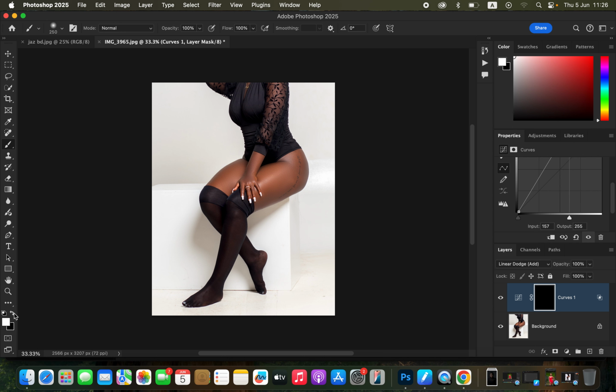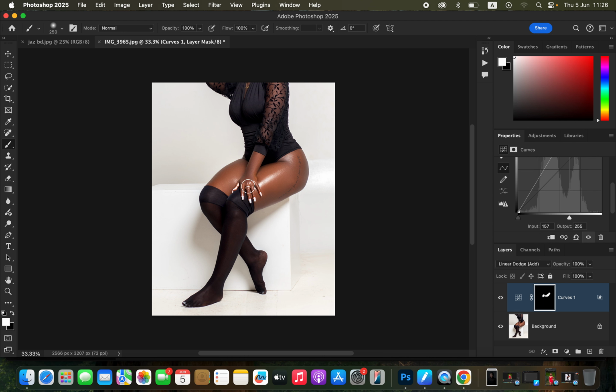Remember in Photoshop, white is going to reveal and black is going to hide. So if we use a foreground color of white, it means the brush is going to be white. By painting using a white brush on a black mask, you're going to be revealing or showing the effect that was hidden behind the black mask, and that is what we are trying to target in this case. So make sure that the foreground color is white and simply come and paint on only the highlights